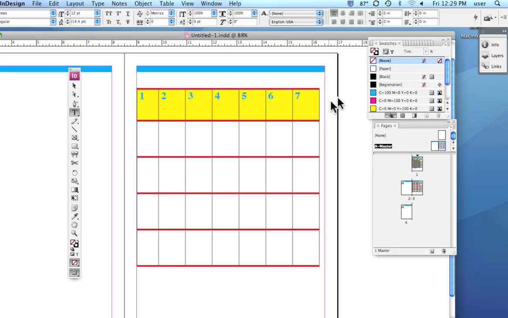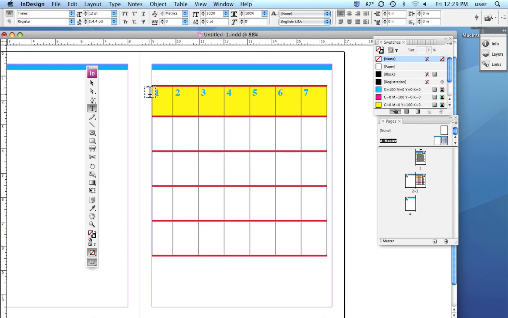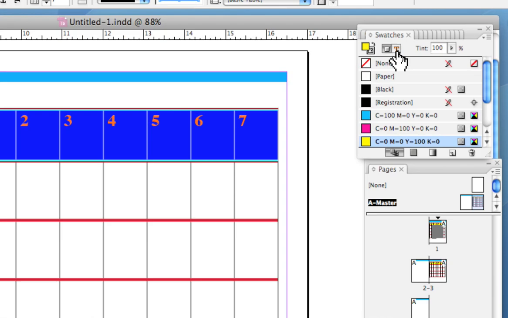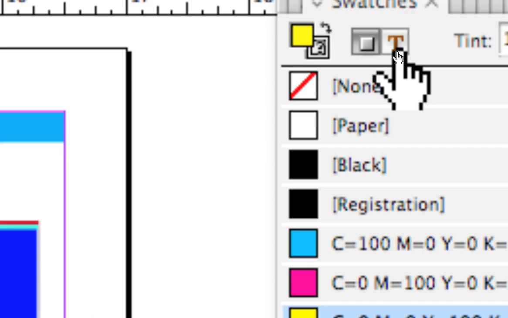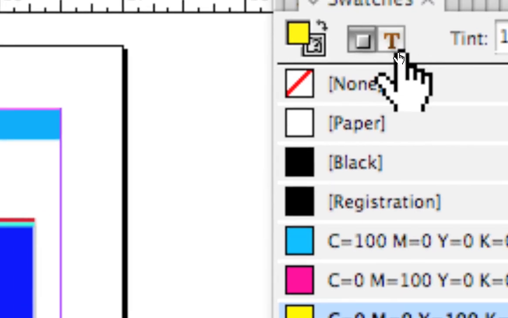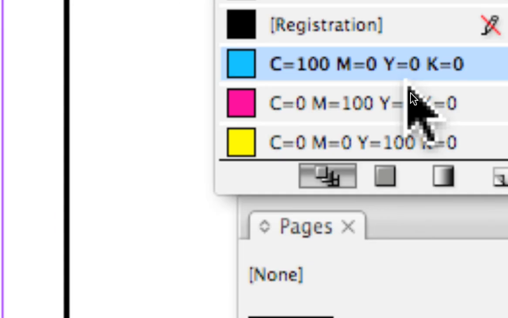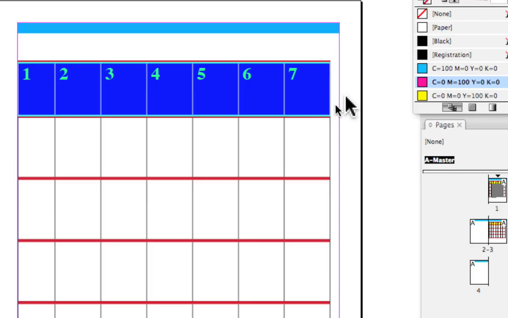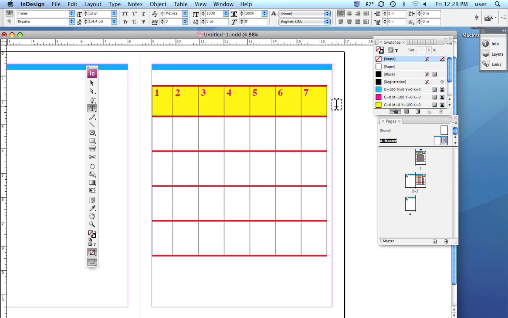Alright, and then if we want to change the color of the text, once again we highlight it, but over here in the swatches this time around we want to make sure that we activate the type tool, and then we can change the color of the text separately from the text cell fill. Okay? Alright, now with respect to using tabs,